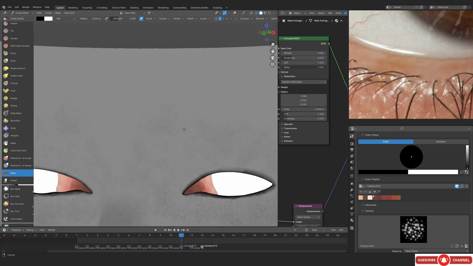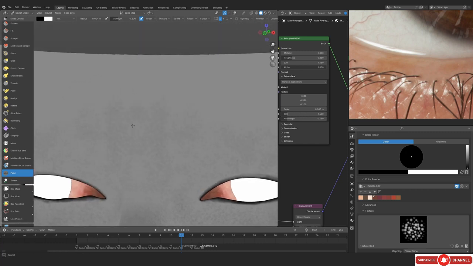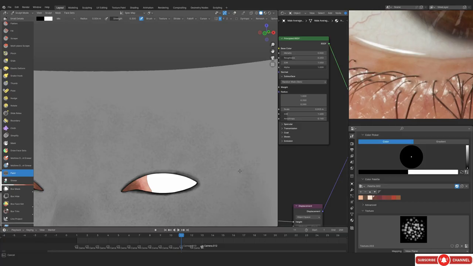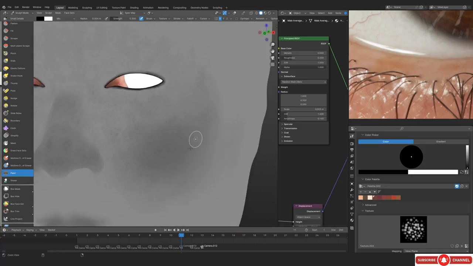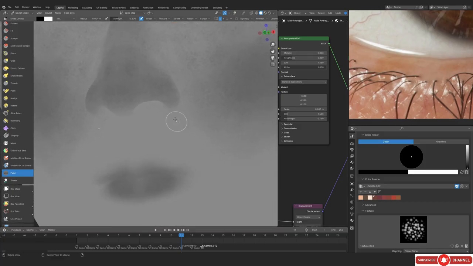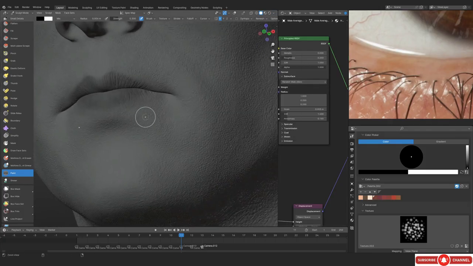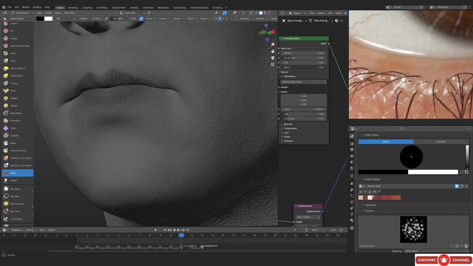So yeah, this is just gonna be one of the only detailed parts that we're gonna be doing in this video. And as you can see, this video is not really that long, so it doesn't really take that long to create the spec map or roughness map. I should have actually just called it roughness map, but it's okay. It's a roughness map, so that's more important.